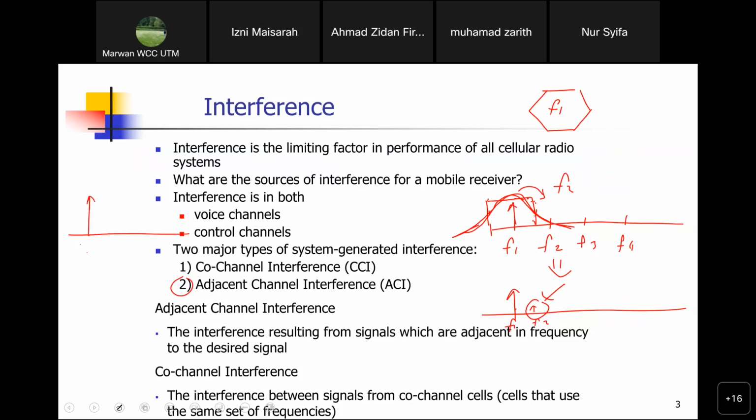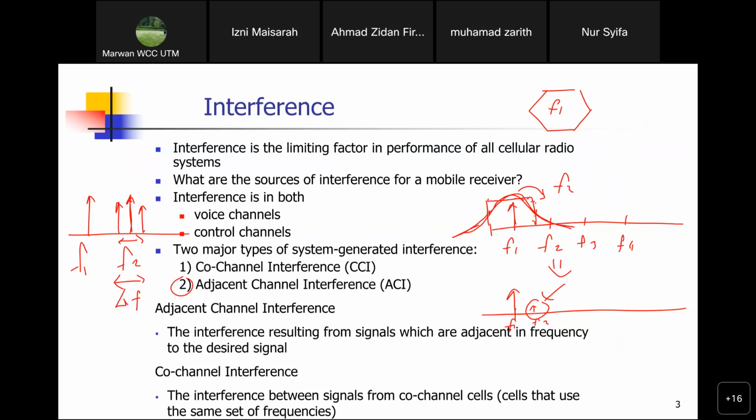You have F1 over here. You have, let's say this is the second signal F2. And we know that your received signal is going to be around your frequency because of Doppler shift. So if the environment is actually moving, sometimes you get lower than F2, sometimes you get higher than F2. Because of the Doppler shift, your frequency is also changing, and plus